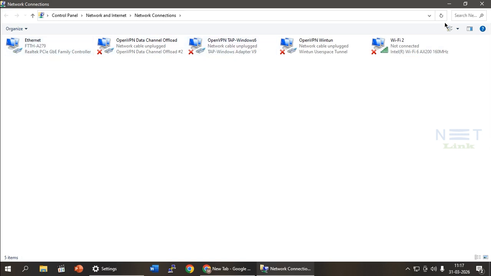Here, I have connected the ONU to the first port. You can see that the Ethernet option is enabled while the others show a red cross mark. Now, in this Ethernet adapter, we need to assign an IP address in the same series as the ONU. For example, if the ONU IP is 192.168.1.1, we should assign an IP in the